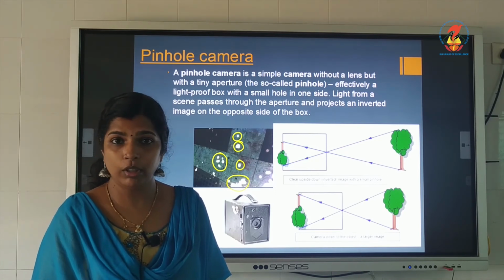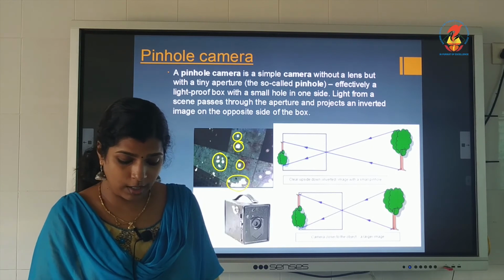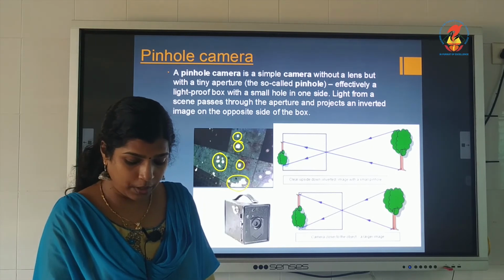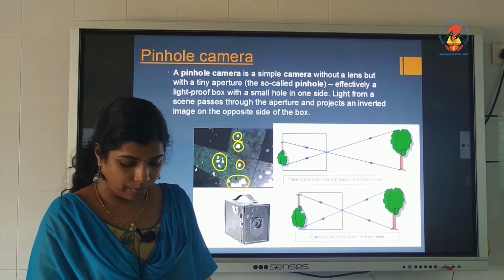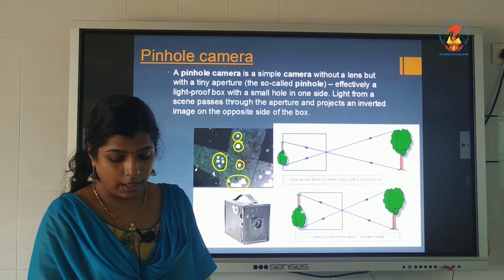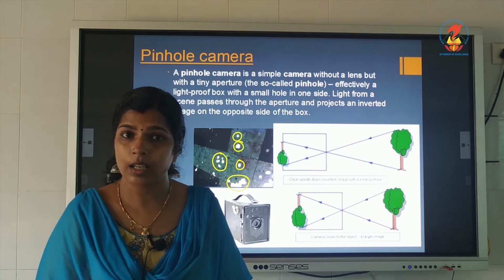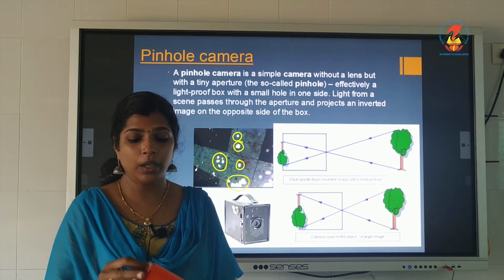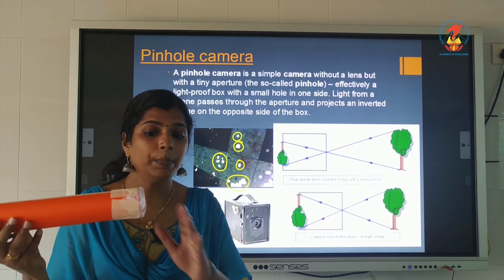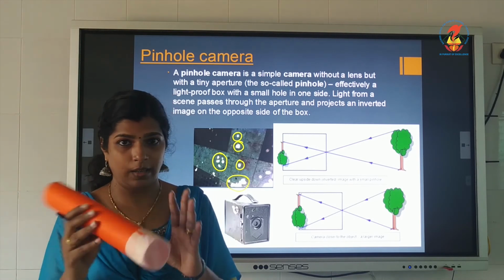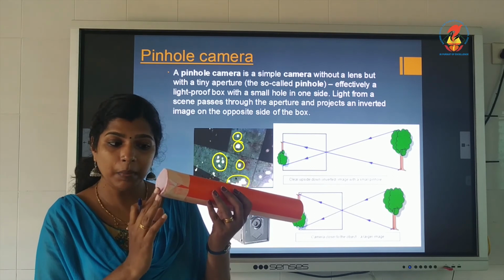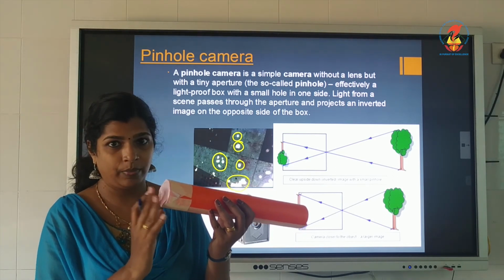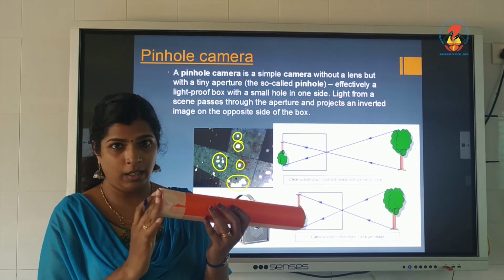In this case, the sun is the object, the tiny gaps between the leaves are the pinholes, and the ground acts as a screen. Here this butter paper will act as a screen, and you will get an image here.